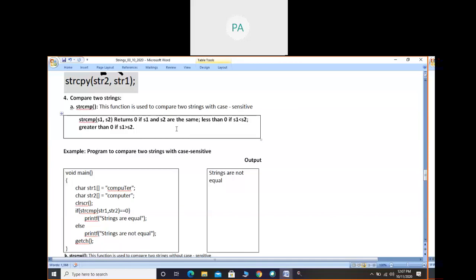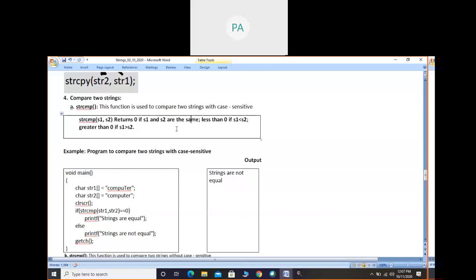One value it can return is 0, another value is other than 0, so it will act like a condition, because in programming languages 0 means false, 1 means true. But here we shall just consider that it will return either 0 or other than 0. Other than 0 means it can be a positive number or a negative number, more than 0 or less than 0.